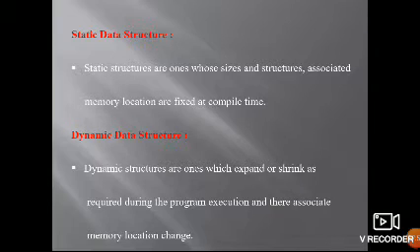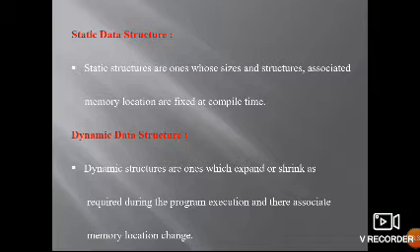Coming to static data structures. Static data structures are based on the allocation of memory: memory is allocated to the data structure before compiling. The compiler sets the memory, and sufficient memory is allocated to compile the program. An example is arrays. Static structures are ones whose size and associated memory allocations are fixed at compile time. Static is fixed; we cannot change it.